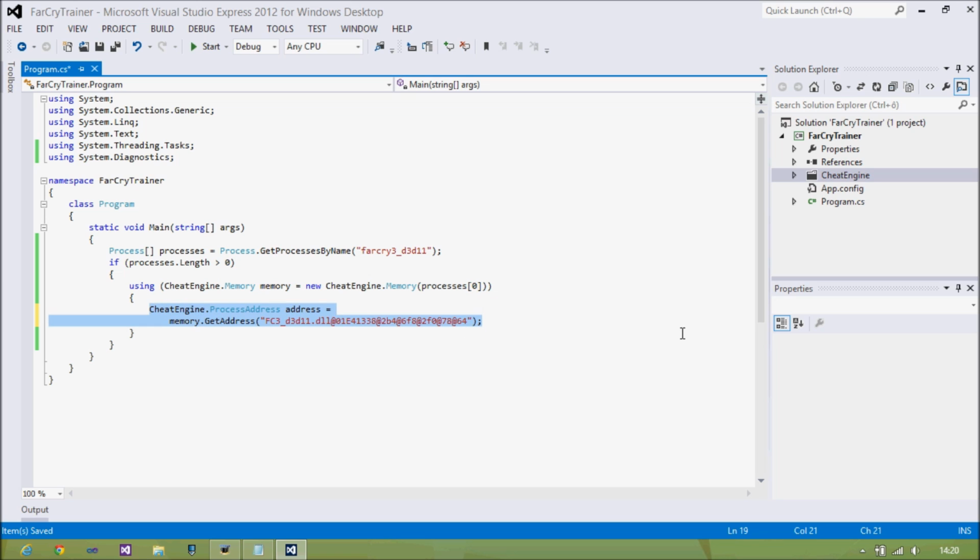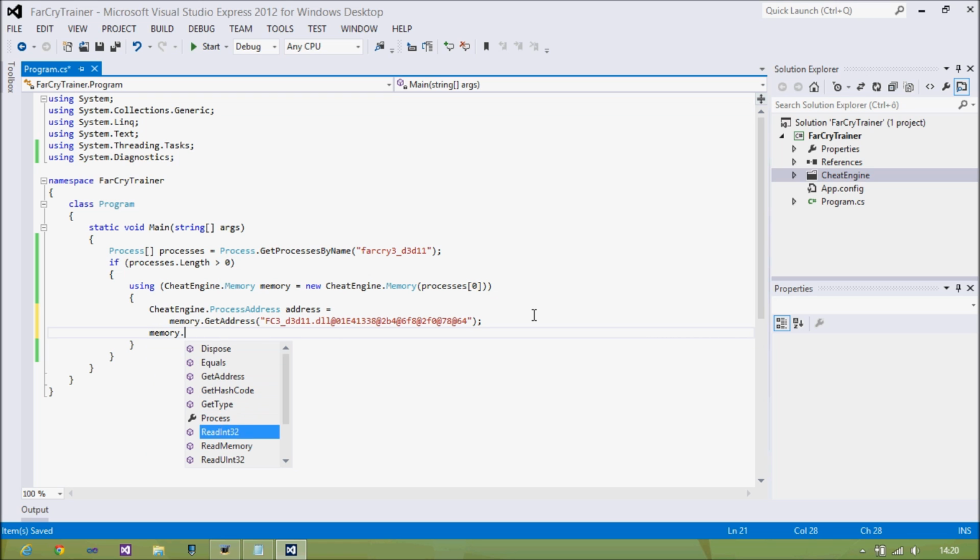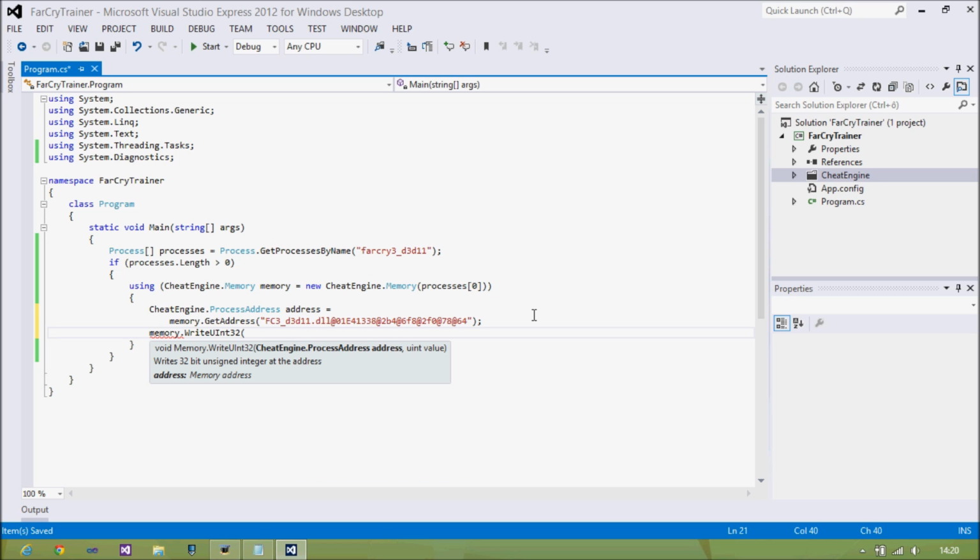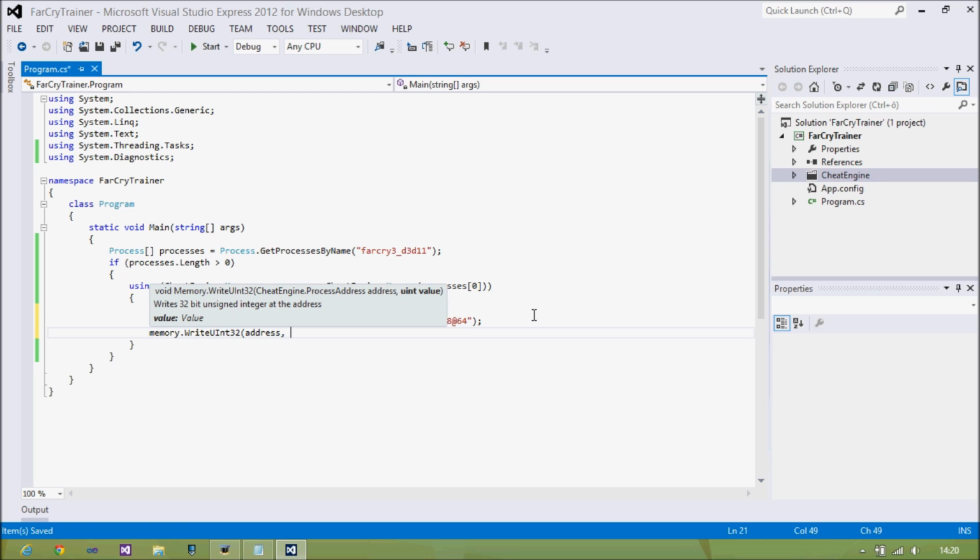So anytime you want to edit the value of this address, you will call memory.Write uint32 at the address, and for example $50,000, or